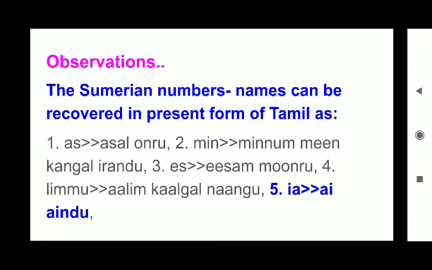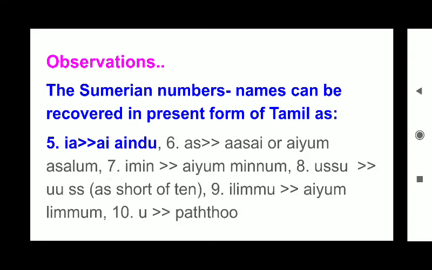And Limu, Nangu, Aindu, like that. We could go up to Pattu, 10. And this could be seen as probable or most likely, at least with certain cases they are very exact. They give